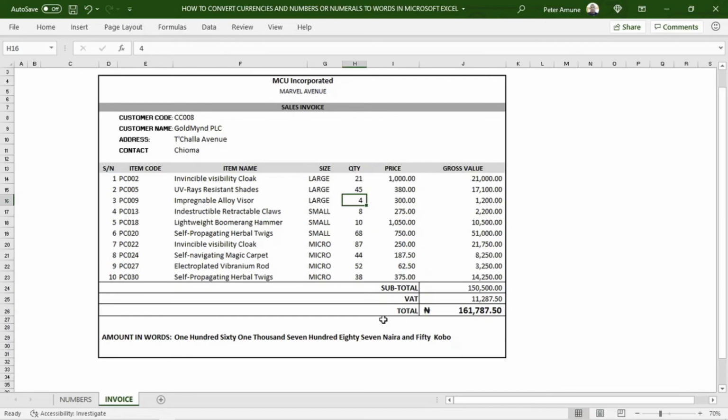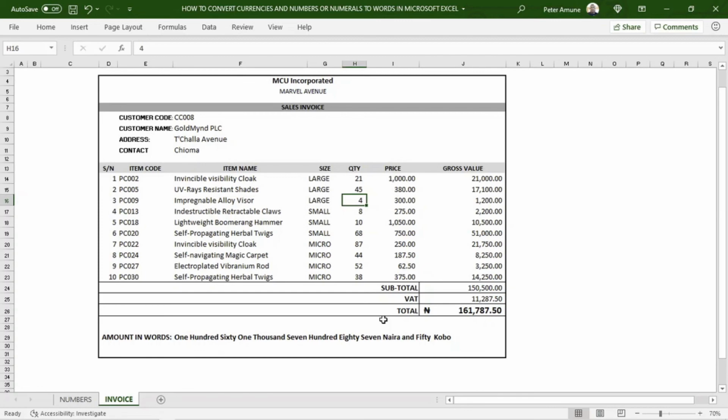So for those in other countries, let me just tell you now how you can convert this to other currencies. For those in other English-speaking countries, if you want the currency expressed in your own local currency, you might need to send me a DM on this channel, or send an email with the name of your currency and let me know if it is pluralized. Pluralized, by which I mean if you need to add an S if the currency is more than one. Like in Nigeria,